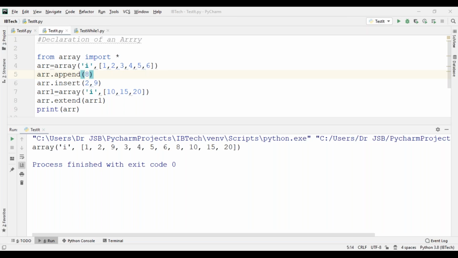Add items from a list into an array using the fromlist method. Another one is adding items from a list into an array using the fromlist method. How can you use that method?